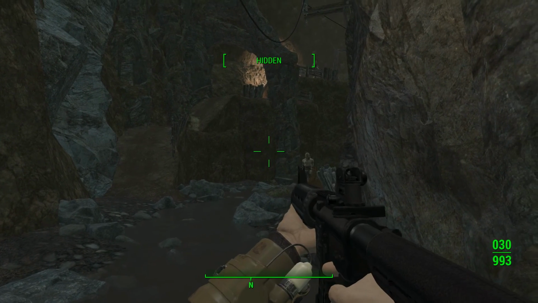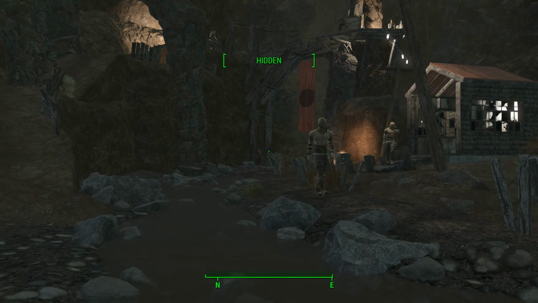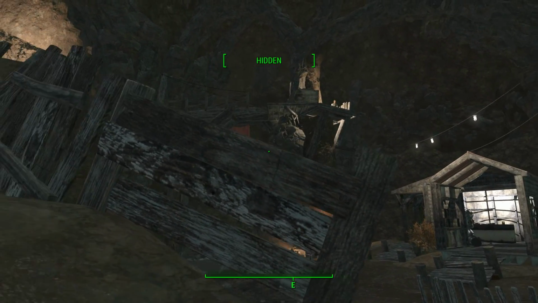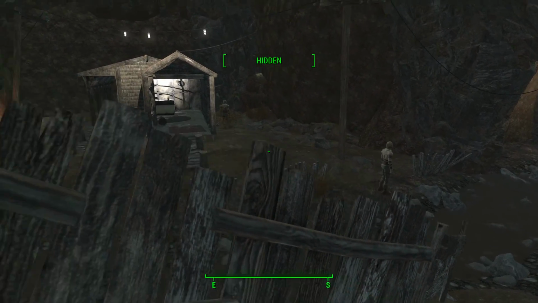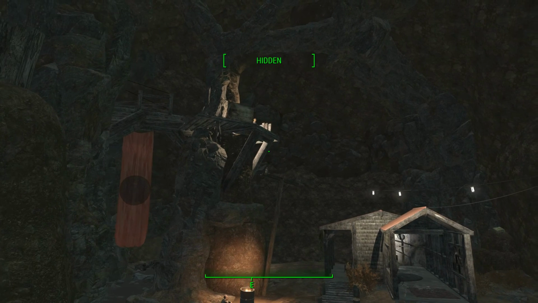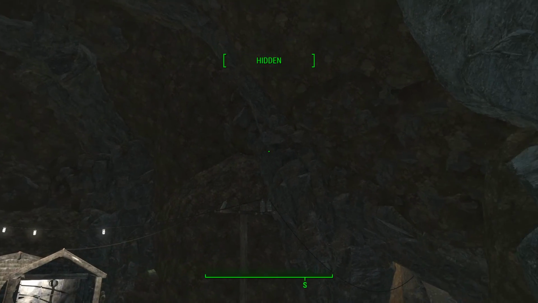We have an entrance to the caves. Creating caves is something that I think is really fun. Again, very handy to have this 999 agility, so I can just sneak around and show you everything without the enemies seeing me. Caves are really cool because you can make them pretty much however you want. There's so much flexibility